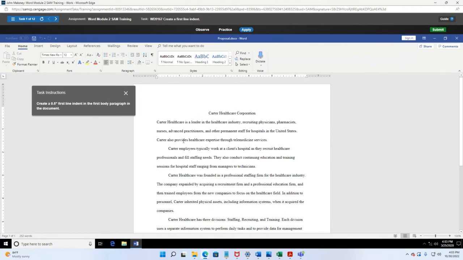Okay. Now, up here, just above the document, there's a ruler. And the ruler is what we use to create first line indents, hanging indents, things like that. All right. So first, remember, your cursor really has to be to the left of Carter Healthcare in this first paragraph. Not the title, not the heading 1 title. So,